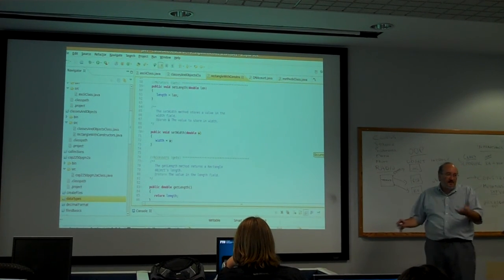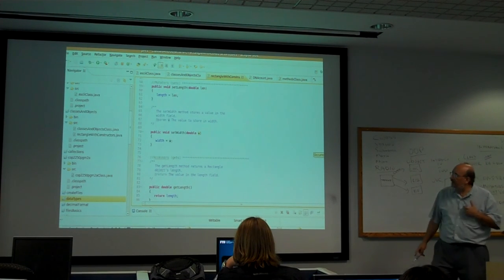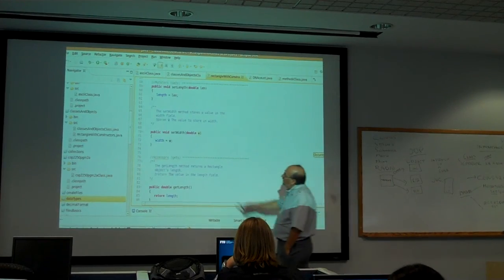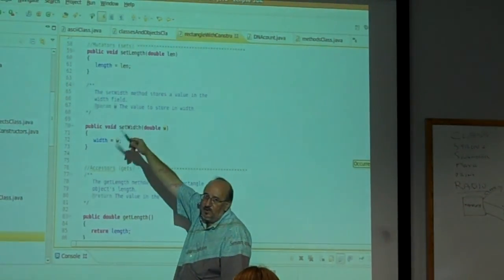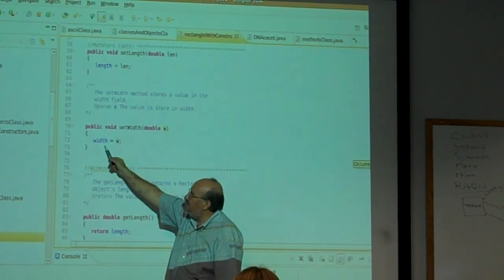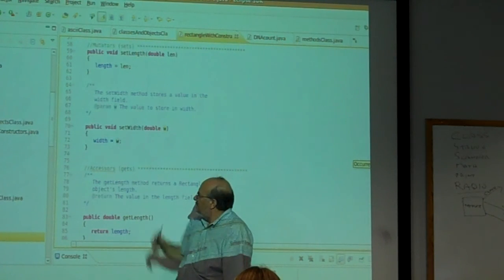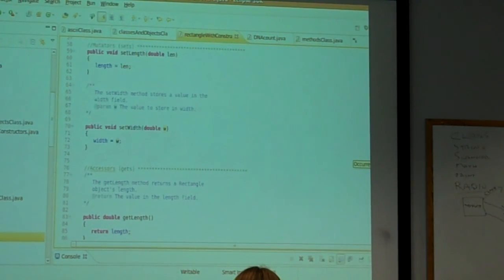So I'm going to order something that is a little bit higher than they actually ordered me just in case for waste and stuff like that. So we have another one called width. We're doing the same thing. Again, this is a method that someone can access from the outside. And when they send me a W, I assign that to the width. Okay? So those two are the examples of the mutators. And you can